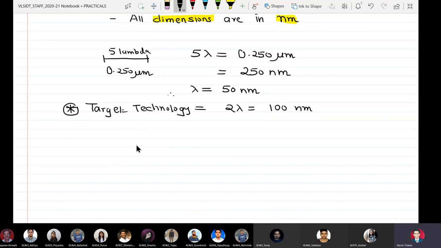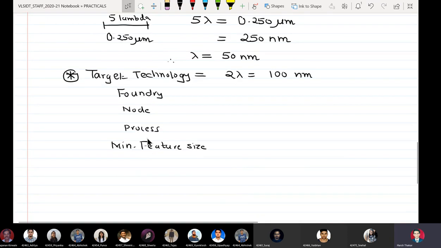There are different names which technologists use for this word target technology, and the alternates are called foundry, node, process, minimum feature size, and last but not the least, the channel length of the MOSFET.